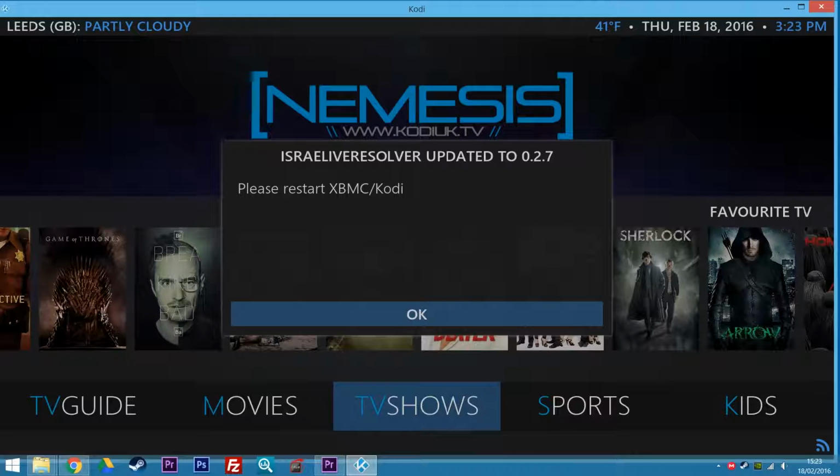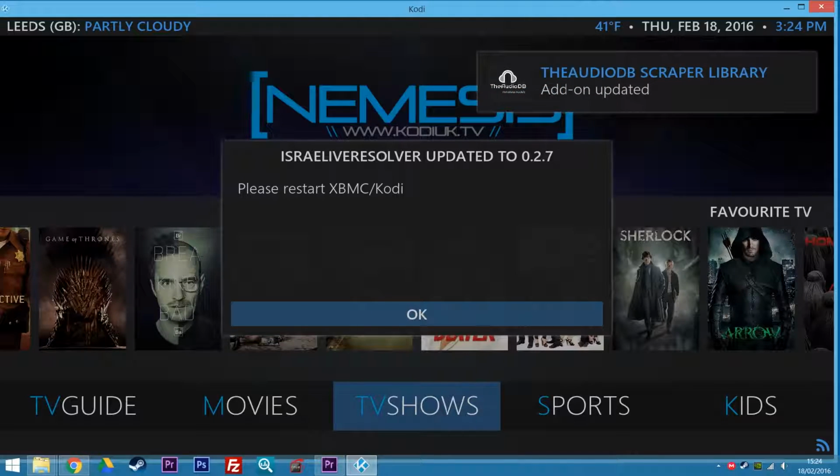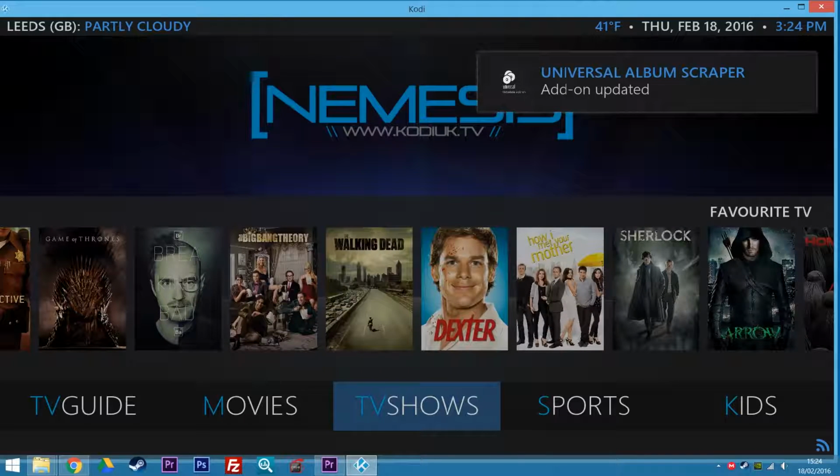Basically, what's happened is it's now been set up to the defaults of the user who set this up in the first place. Does that make any sense? So I'm going to have to go in there and sort things out to my own specification. For example, the full screen thing. I'm not going to leave it as it is. But I'm not going to mess around with it too much, because, like I said, it's going to start going mental. Everything's going to start updating. There's going to be some errors.